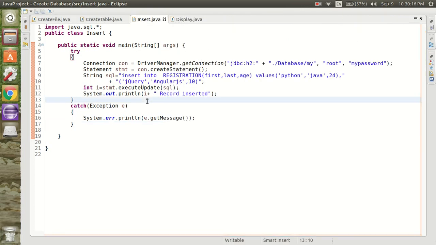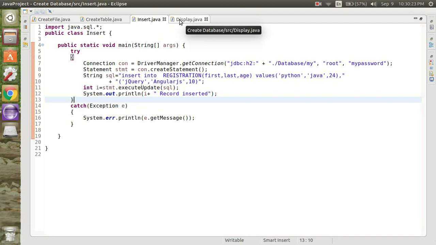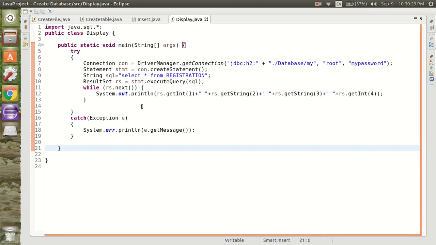So we have successfully inserted 2 records in our database, and let's try to fetch that record from the database table. So again, same things, connection, statement, SQL query, and we are fetching the result in result set and printing those statements.